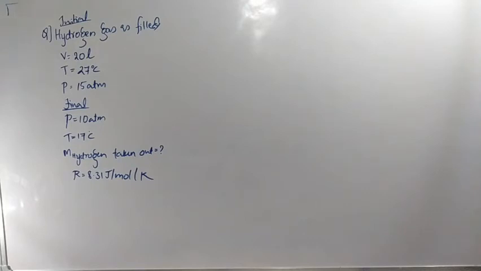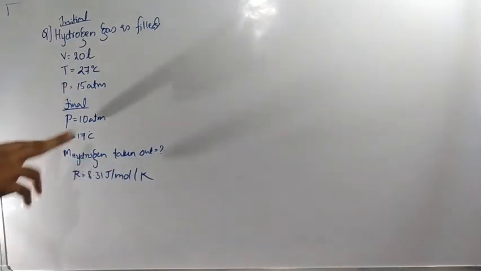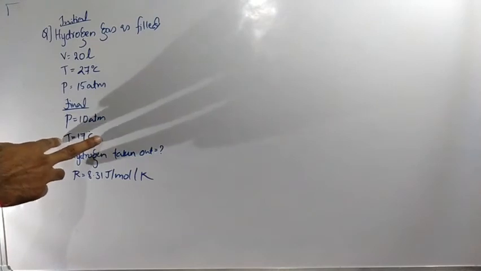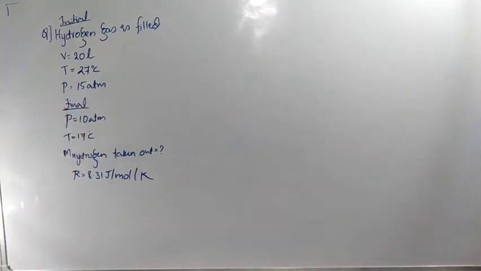Now, after some amount of hydrogen is taken out, this much value is remaining. That means pressure is becoming this much and temperature is this much. We don't know how much mass of hydrogen we had taken out, but the R value they had given. So what I am telling you,